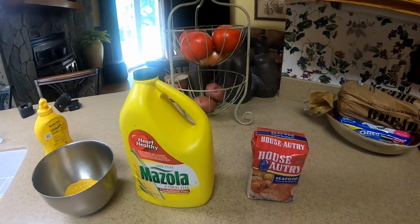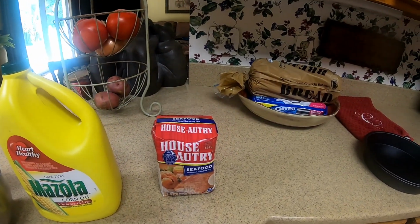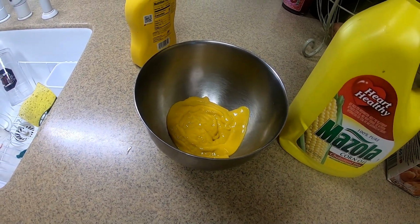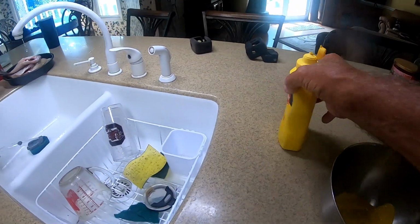Here's the ingredients we like to use when we're cooking fish. I like to use corn oil, House-Autry, and also we got French's mustard in there, and I do use cornmeal also for the whole fish, and we'll go over some of that. But I use French's mustard,